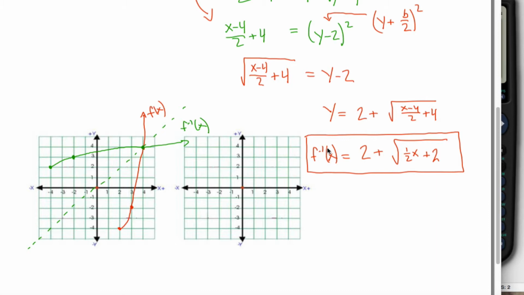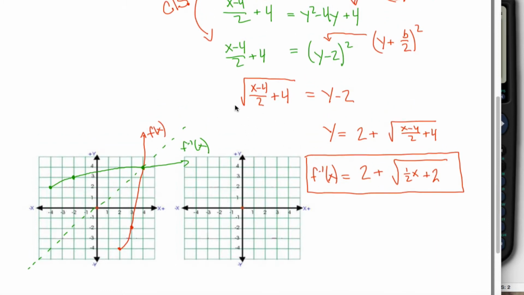It's what I graphed in green right here. Maybe I should have done it in green so that it would color code a little bit nicer. A comment, us leaving off the plus or minus right here and just taking the positive square root, came because we just took the positive side of this parabola right here. You can almost see that if you had kept the negative side of this parabola, and this might be a bad idea to draw this in here, it might make the picture harder to look at, but I've gone this far. And if you were going to reflect over this graph, what it would have looked like, roughly speaking,